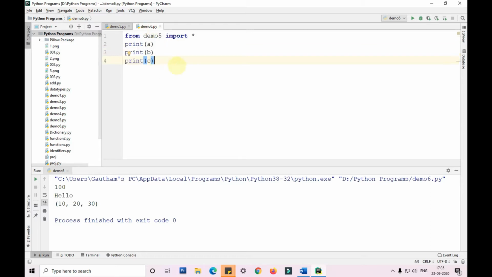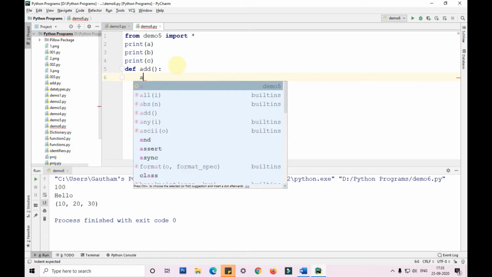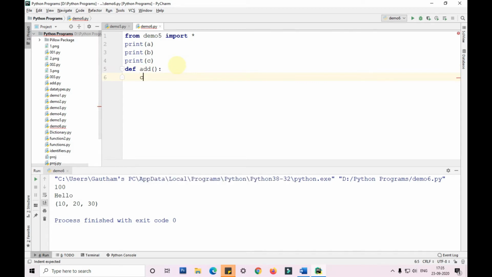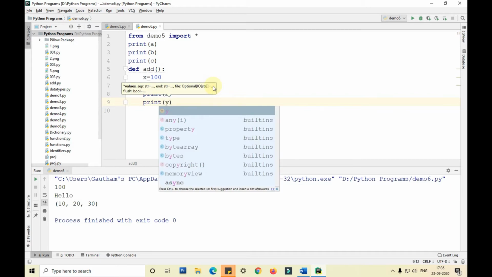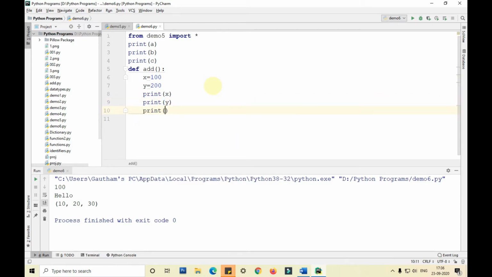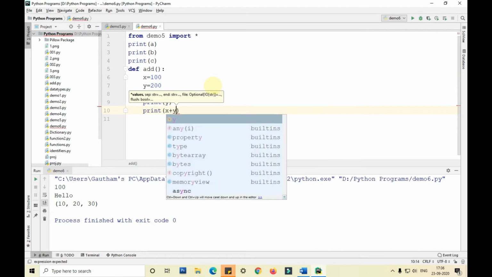For example, this is a function, def add: x is equal to 100, y is equal to 200, print x, print y, print x plus y.